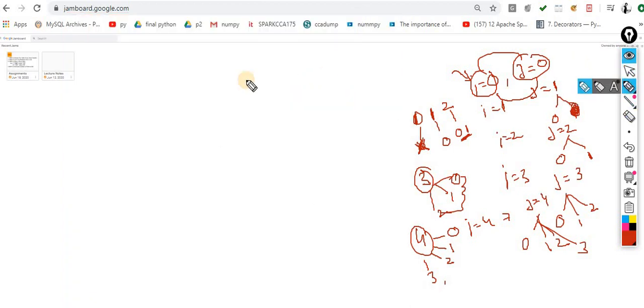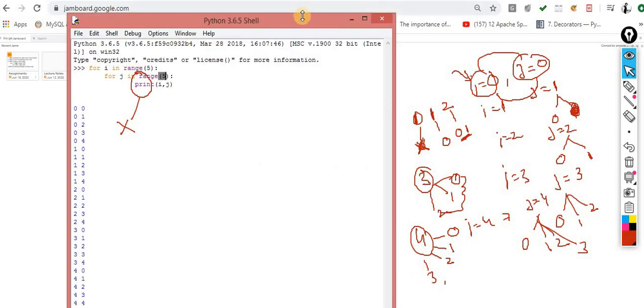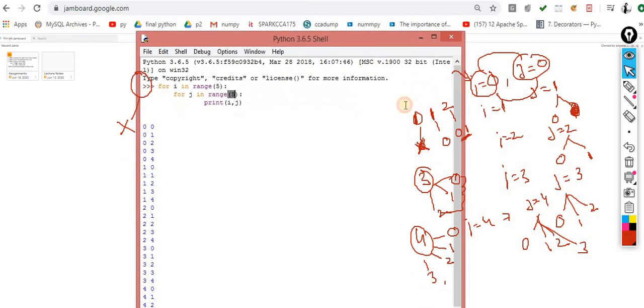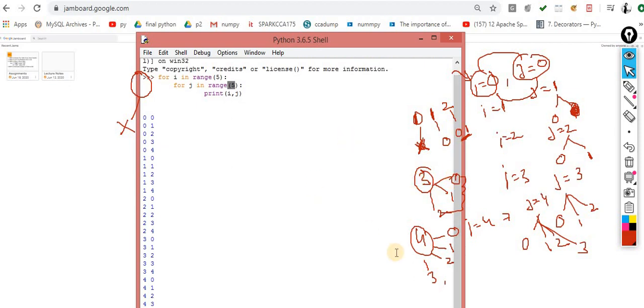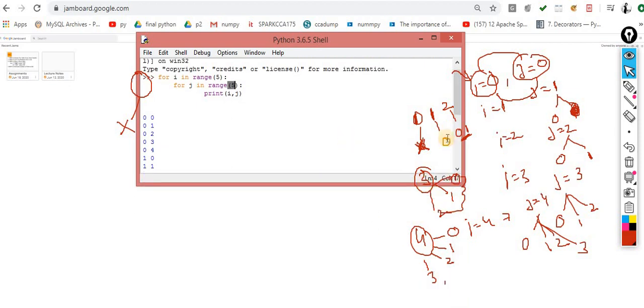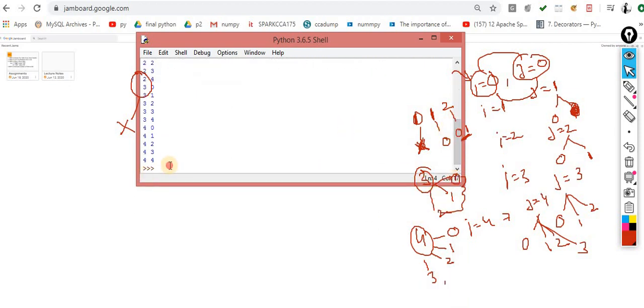When i value is 0, that means j will not happen. Why will it not happen? Let me clear this point over here. If I do this, for i in range of 0, and print i, what will happen?